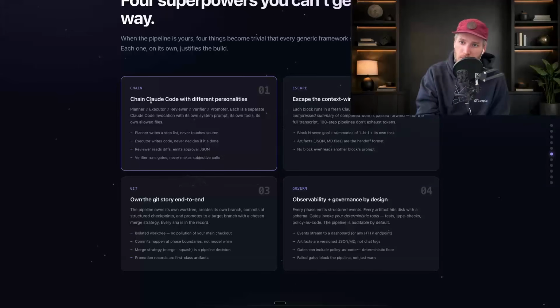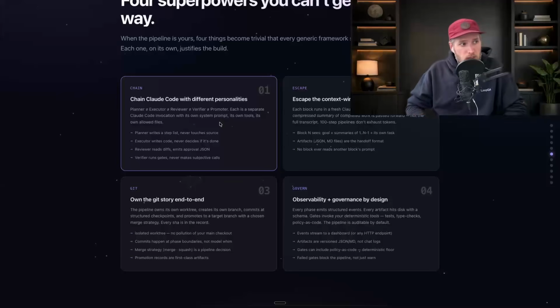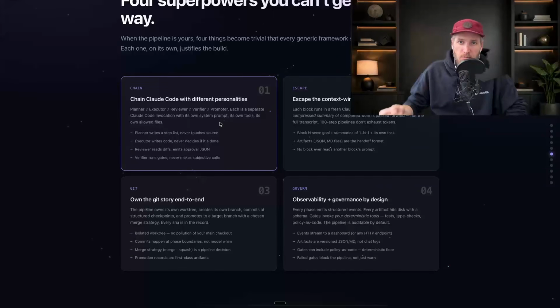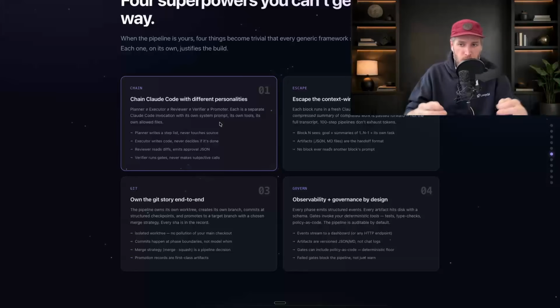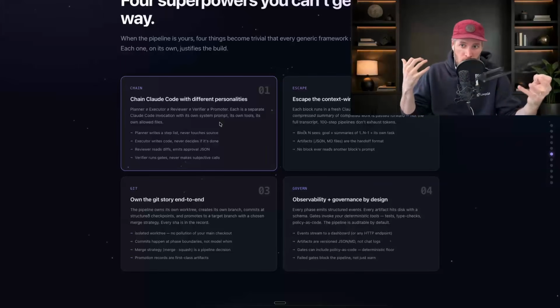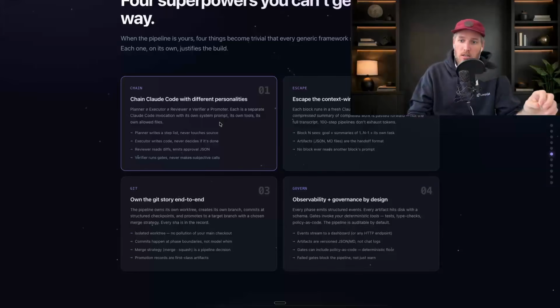The other thing I'll add to different personalities: the idea of agentic pipelines is not limited to one agentic system, right? So you can use things like OpenAI and Codex as part of this process because all they're doing is creating a bunch of evidence and documentation repos that are then being referenced, right? You would lose things like memory and some of the other built-in components when it's a single provider, but at the same point, you do benefit a lot by having different models looking at the code.